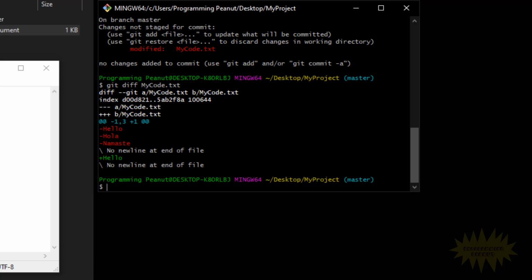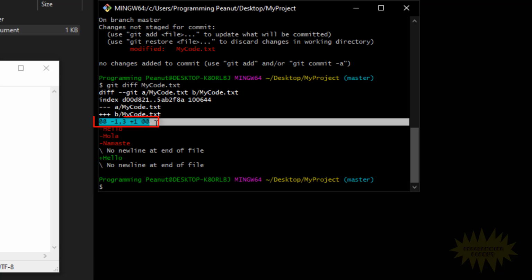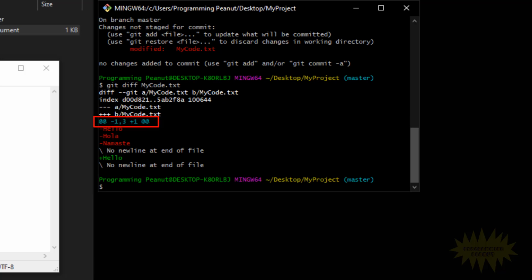All right, so this right here is what they call the code hunk, or sometimes they call it the chunk. And it's sort of what it sounds like. It's a chunk of code that has been affected. So here it's basically highlighting,